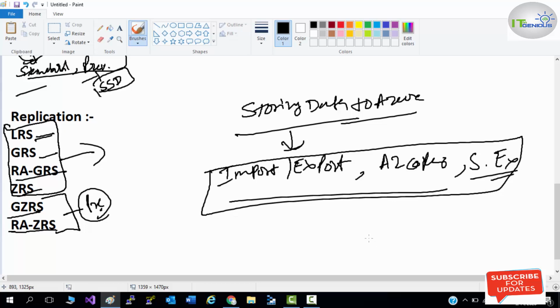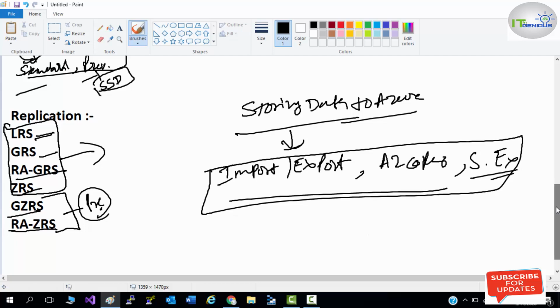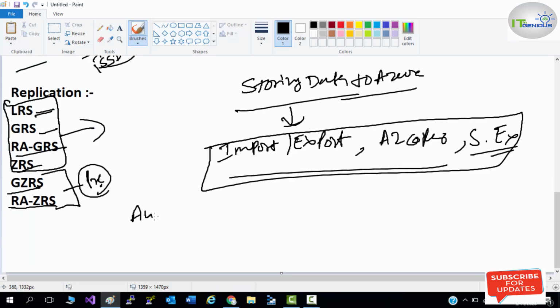Now authentication: how will you authenticate to your storage account? We have options for authentication. You can authenticate through Azure AD. You can create users and groups, and through that you can manage your authentication for Azure Blob Storage.